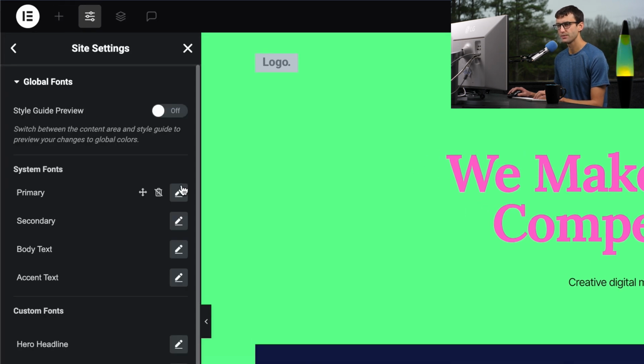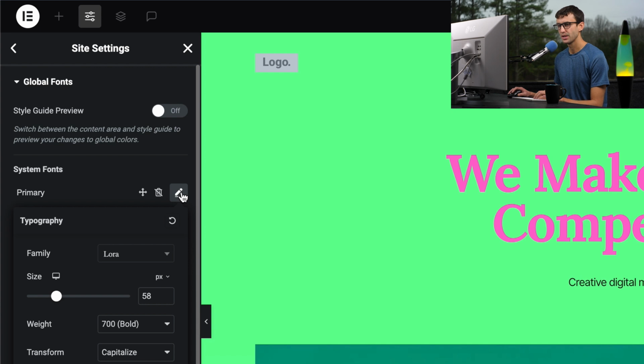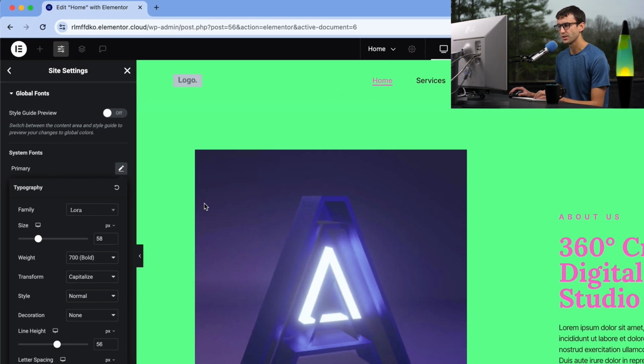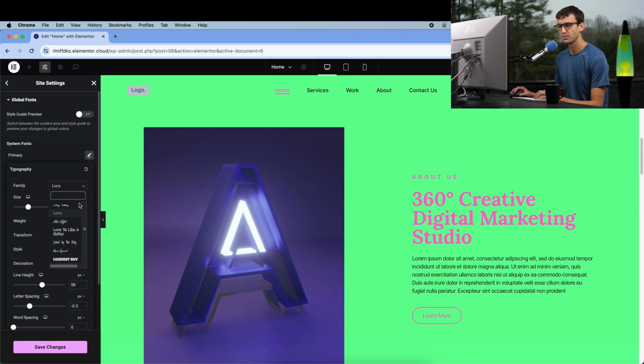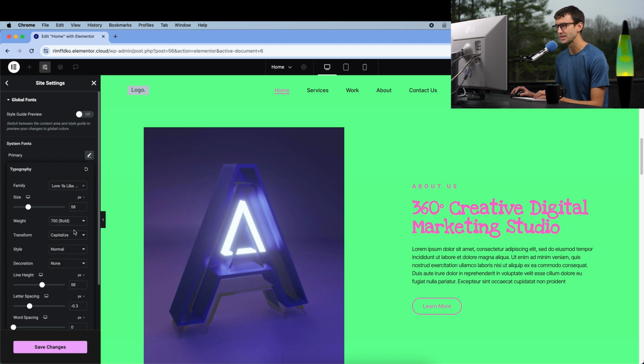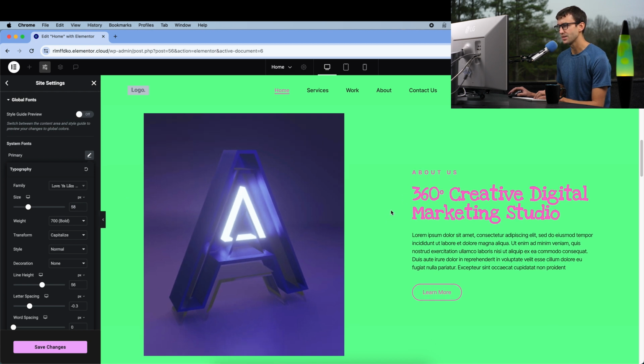And then for the primary font here, you can click on the pencil. And then if we scroll down the page here, instead of the Lora family, we can pick something else like Love Ya Like a Sister. It's a little bit more creative. Let's go with that for now. And we can change the size of this. Instead of it being 58 pixels, we can make it smaller or bigger. I'm going to try to fit this all on one line, so that looks